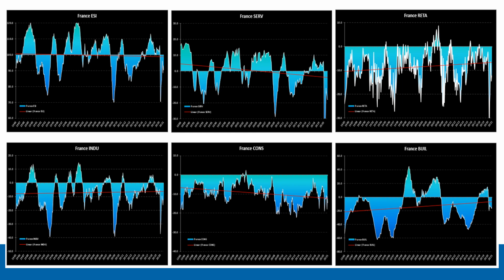And if you look at the contributing factors, if we look down in the bottom left, we can see the manufacturing sector, French manufacturing sector, and post the positive surge in sentiment after the global financial crisis, we get French manufacturing in 2010-11 going below the 100 level, and then it takes all the way up to basically 2016, 2017 to get back into positive sentiment again, and then in 2018 it goes negative.